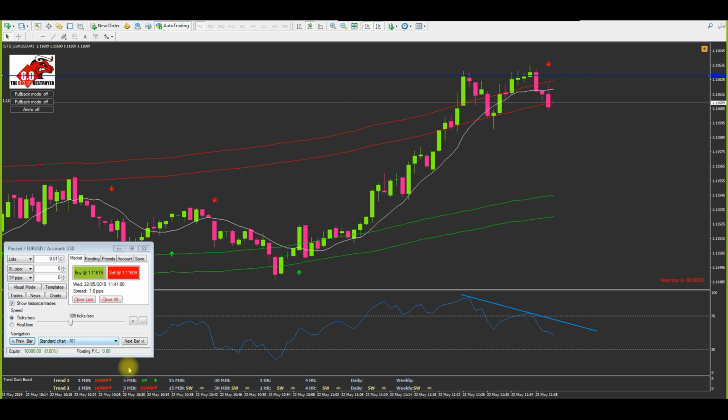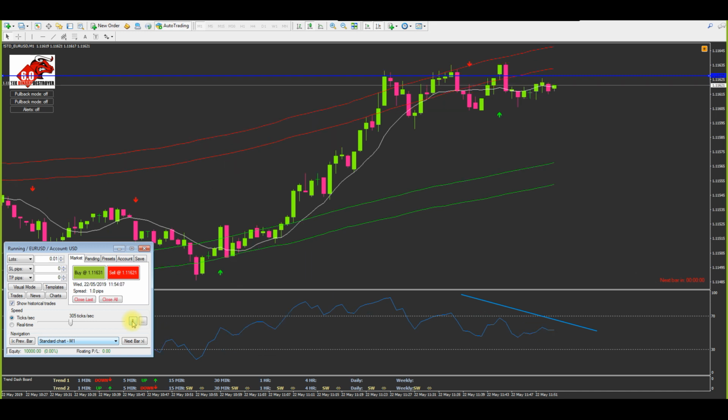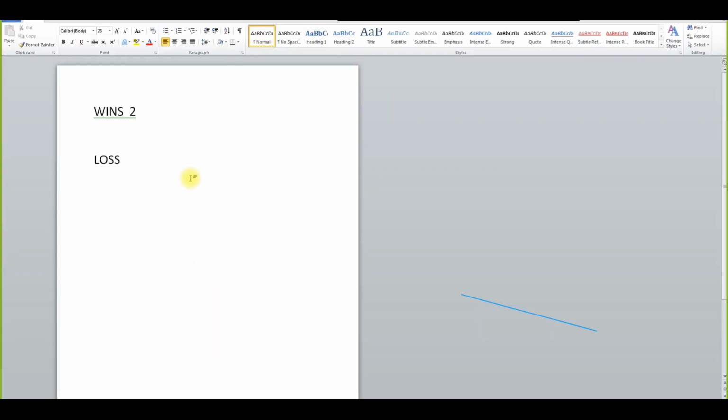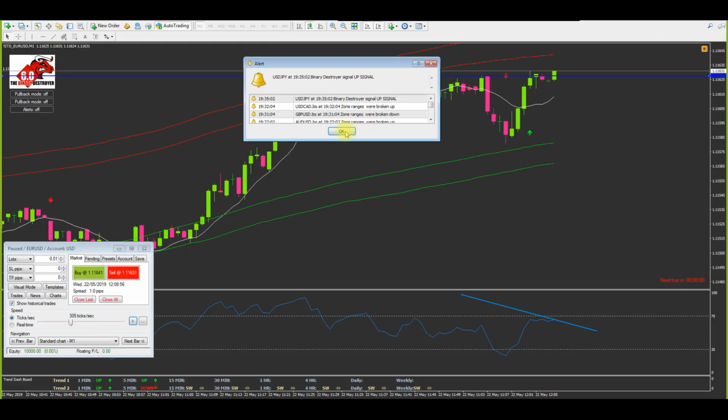Now, funny enough, this trade probably loses because I've just seen it does lose. In fact, 10-minute expiry. Let's see what happens. 1, 2, 3, 4, 5, 6, 7, 8. Yeah, 10-minute expiry lost. Okay, now this is proof, because this here is the sort of setup that I